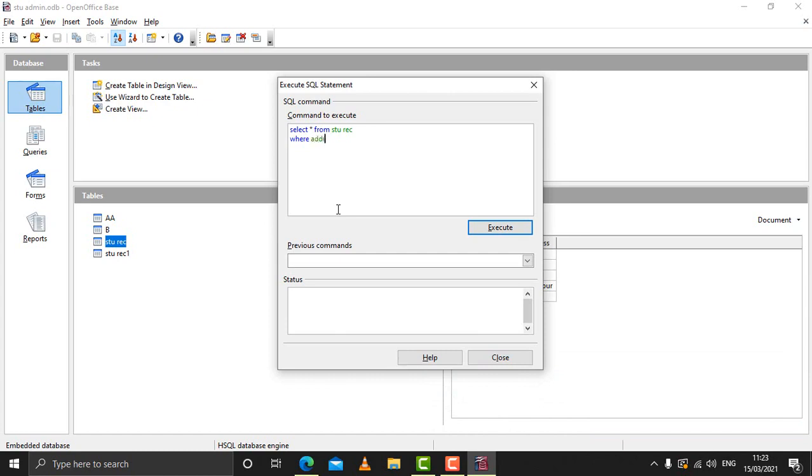The field name was address, so where address is equal to single quote GKP single quote, and then you click on